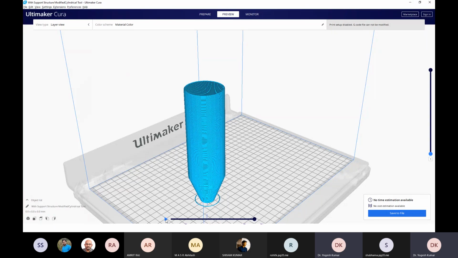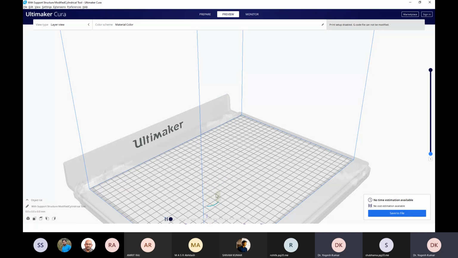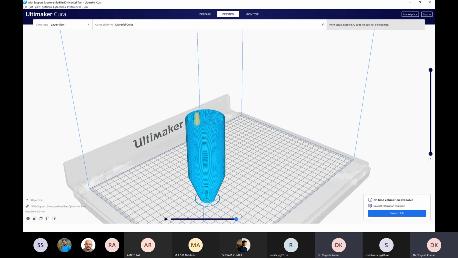Okay, so here you can also see that by using your slice data, the G code which we created in our previous software, the slicer, you are able to print your product using the Ultimaker or any printer which is available with you.